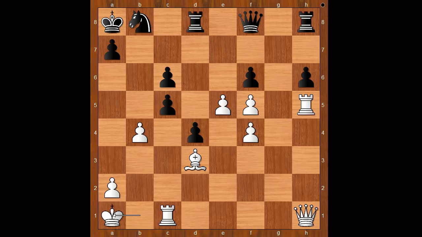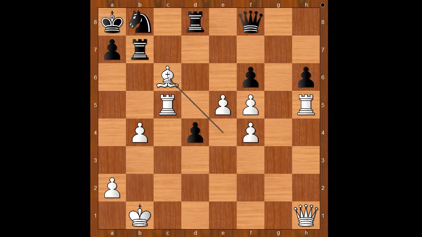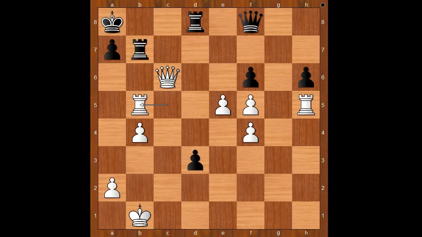All good moves. In the game we have bishop to e4, rook to h7, rook takes on c5, bishop takes on c6 is also good, rook takes on c5, rook to b7, bishop takes on c6, knight takes on c6, queen takes knight, pinning the rook, d3, the only hope, rook to b5, threatening queen takes rook checkmate, rook to